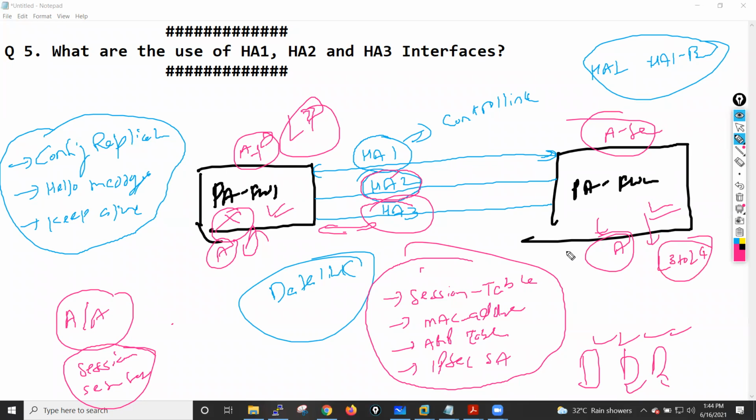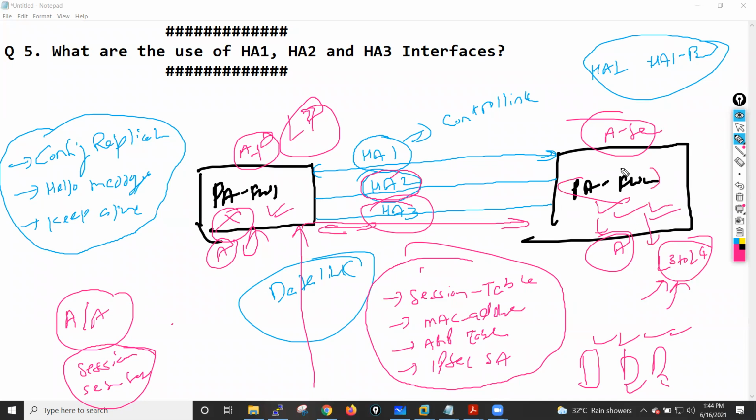So if your packet needs layer 3 to layer 4 functionality, this firewall will work, and you are receiving the packet on this one. That packet they will exchange through this HA3 interface. The packet reaches this firewall.